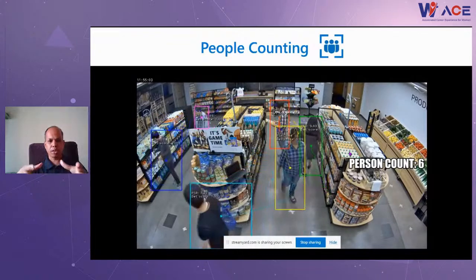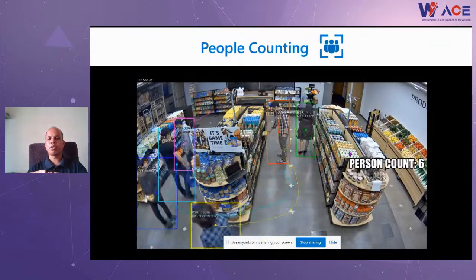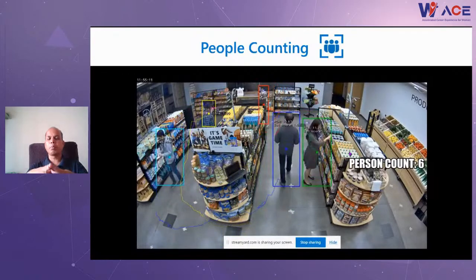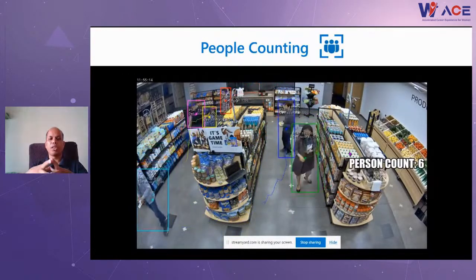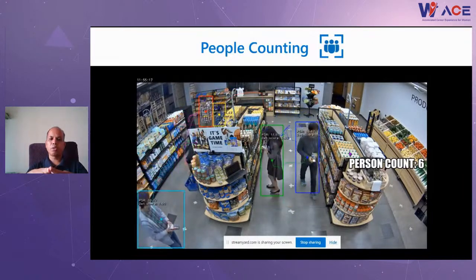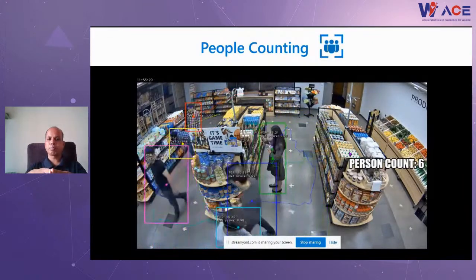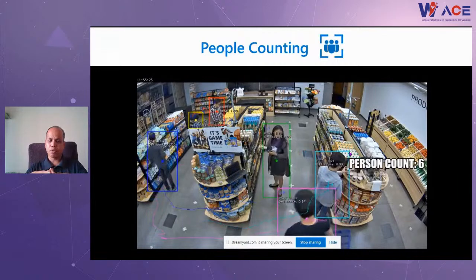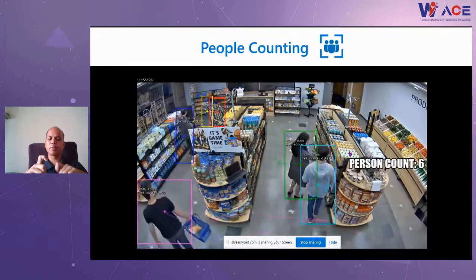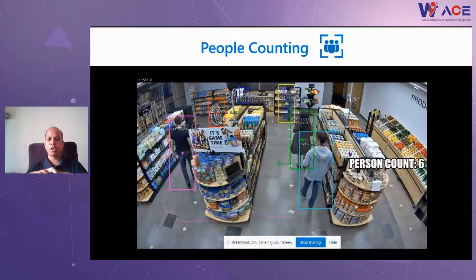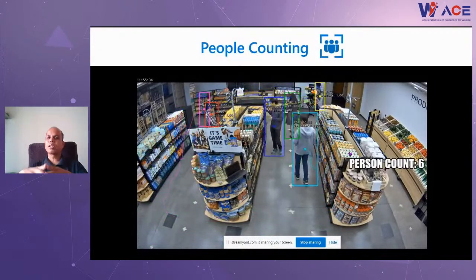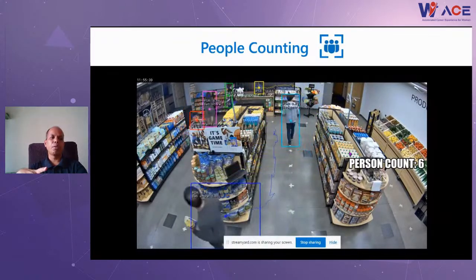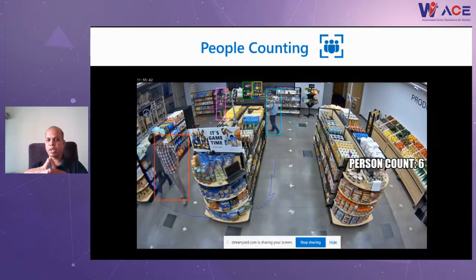Or I can automate the whole shopping experience, or automate the whole people management process, so that I can count at any point of time how many people enter my store and where they are roaming. If you observe the different color codes, like orange, blue, green, yellow, wherever a shopper moves, there is a rectangle box which keeps tagging that particular person. And that's how we can determine how many people I have, and the footfall at different points of time in my store.